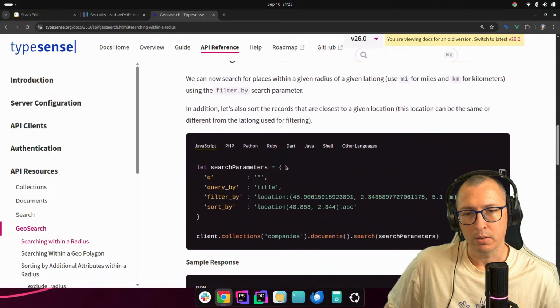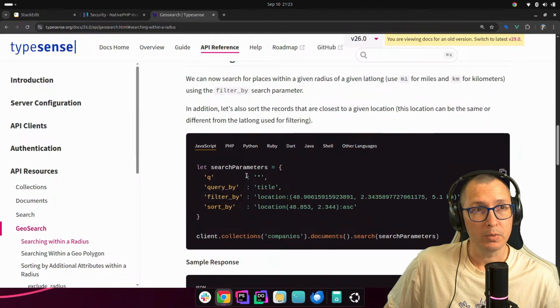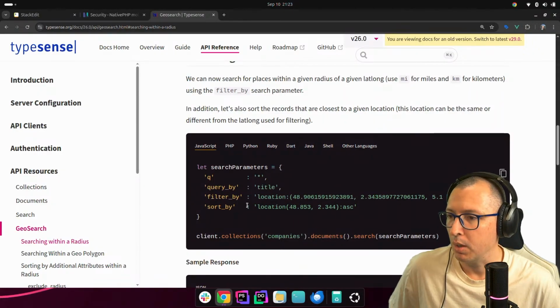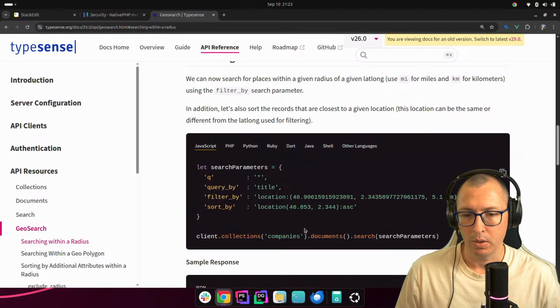Searching within a radius: query by title, filter by location within a radius. So we look in a list of jobs, filtering by a user location within a radius and sorting by radius. Okay, totally doable. Nice.